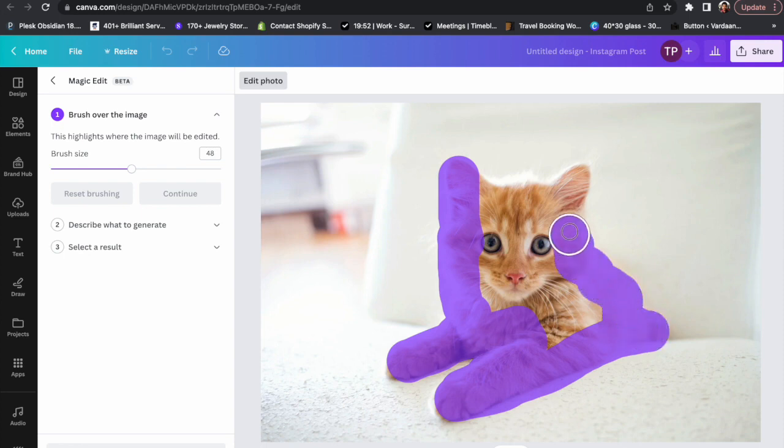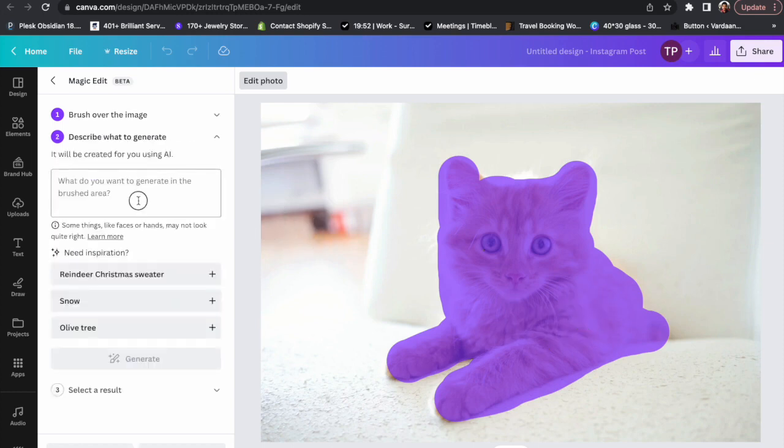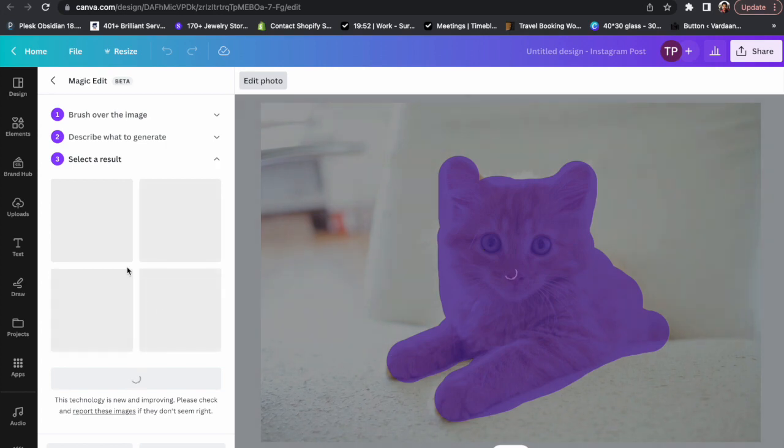Just select this cat, whatever you want to edit, and once you're done, click on continue, and here you need to put what you want this cat to be replaced with. Then Canva will work with artificial intelligence and generate the object for you. Let's say I type the dog here, then just click on generate, and it will take some time to generate